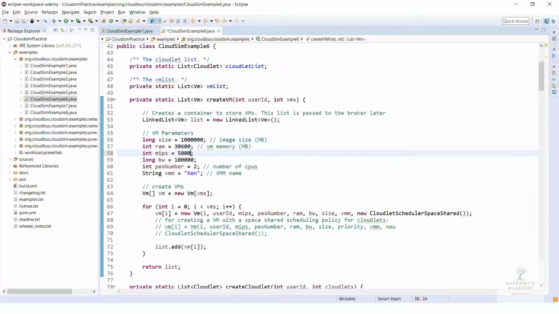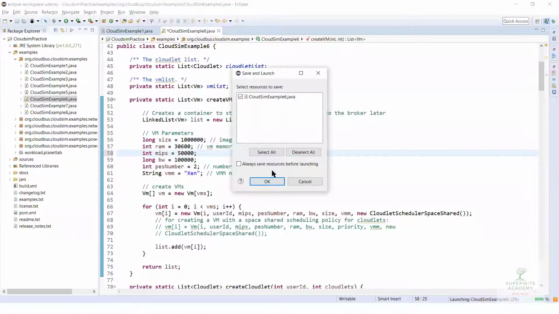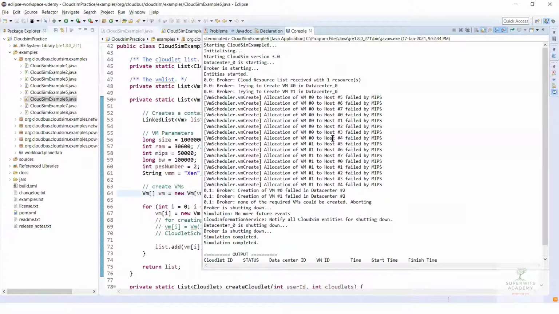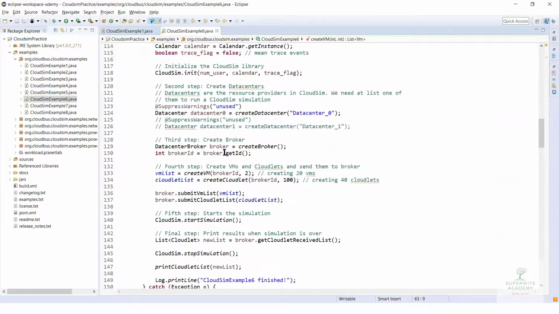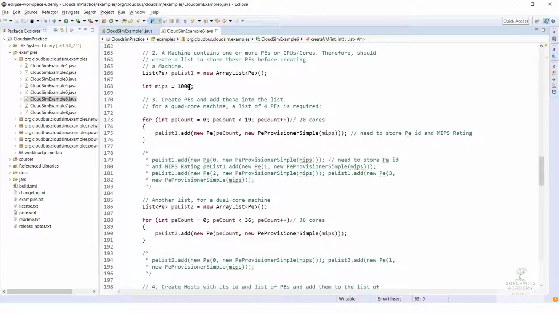If we wanted to increase the capability, if I increase it to 50,000, you can simply see the allocation fails by MIPS. Why? Because my MIPS on the host is only 1,000, right?